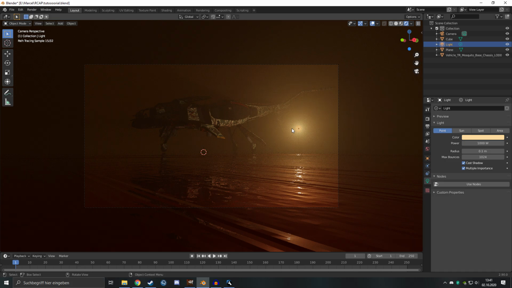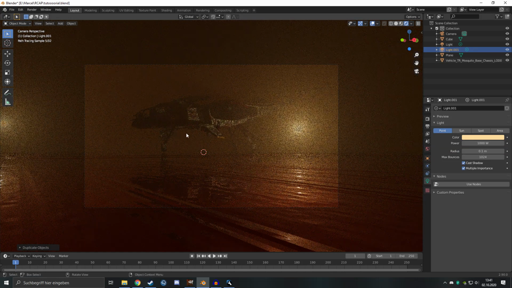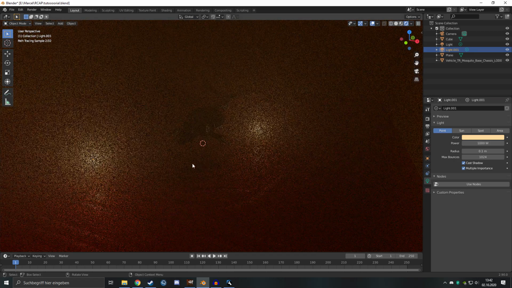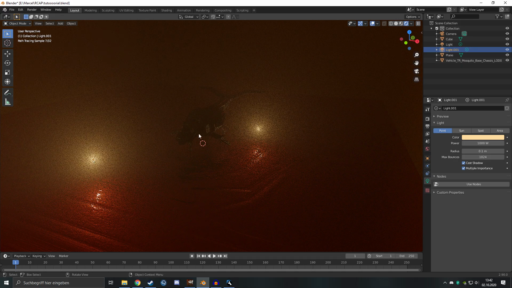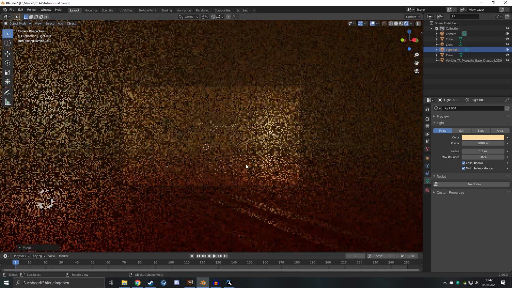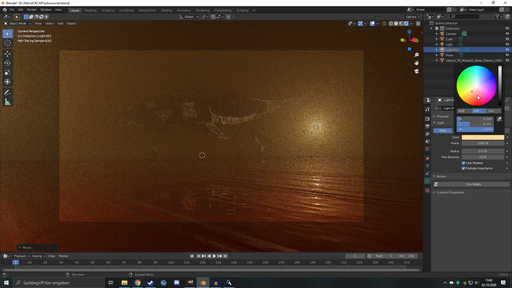So I want to duplicate it, press Shift D, put it into this spot, make it like 500 watts. So I probably will keep that at 1K and move it a bit forward, so it actually lights up the model from the front. And make that a bit,